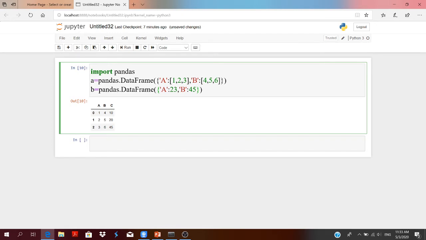Now I want to insert only a single row, so I have created a data frame with only single values.